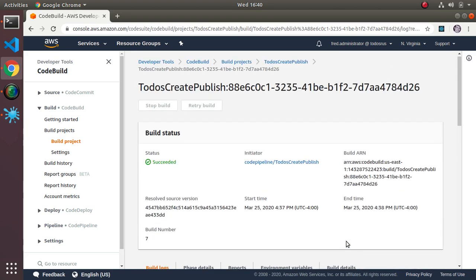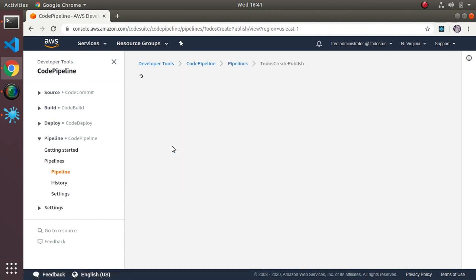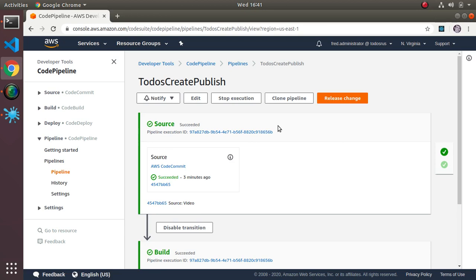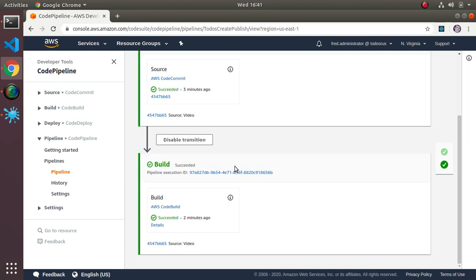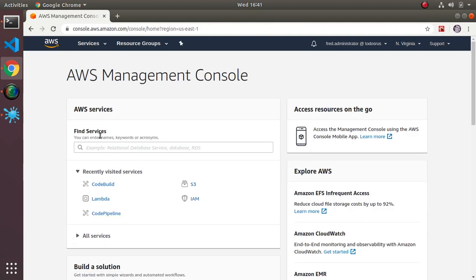And then you can go back to Code Pipeline if you wanted to see from its perspective. It will give you a green light saying that it overall succeeded because both steps succeeded, right? It got the source code, did the build, right? And then if you want to see that, okay, well, did it actually do anything? You can go to Lambda, and if you look at Lambda,